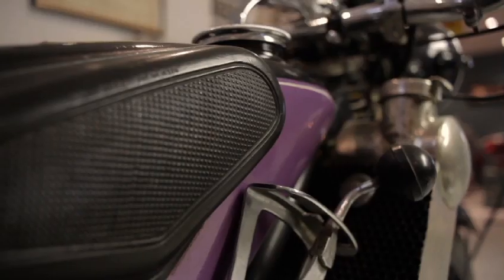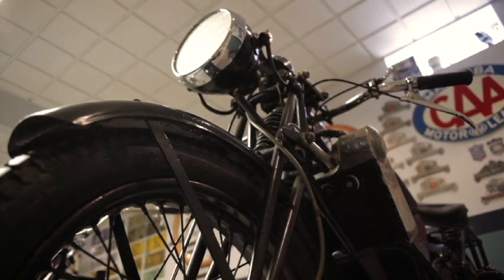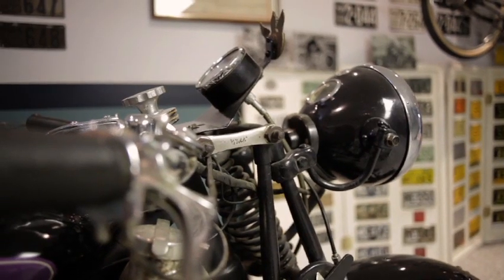Laid in that shop till the 60s, till my friend Bert Bentley found the bike, restored it to the best he could with the parts that were there in the 60s, and it stayed that way for 20 more years until he was at a garage sale. And he saw these tank badges, and he said to the guy, that looks like it belongs to a Scott. And the guy says, well, yeah, they do. How do you know that? He says, well, I picked one up from a blacksmith shop and I restored it. And he says, I used to own that bike. I raced it. So he went down the basement. All the original parts that were taken off in 28, 29, the headlights, speedometer, fenders, carrier, were all in a box 50 years later. Married back to the bike in the 80s, and by 1991 we were riding this bike,